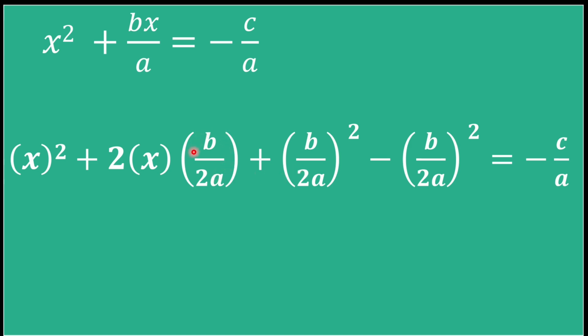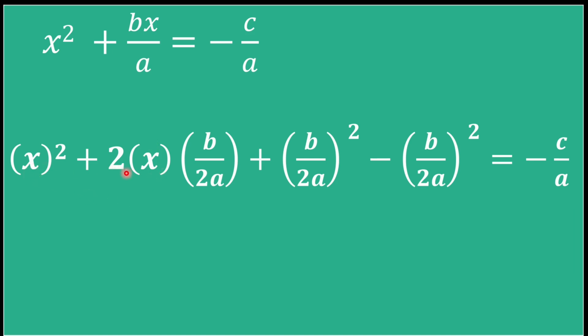Now we have this b divided by 2a as b over here, so b is squared, so this will become b squared. Now look over here, this x squared and this value are equal to this, but we have additionally written this (b divided by 2a) squared. We have added this, so to counter it we will subtract (b divided by 2a) all squared, so that this will also cancel each other. So again we can have this equation back. So therefore